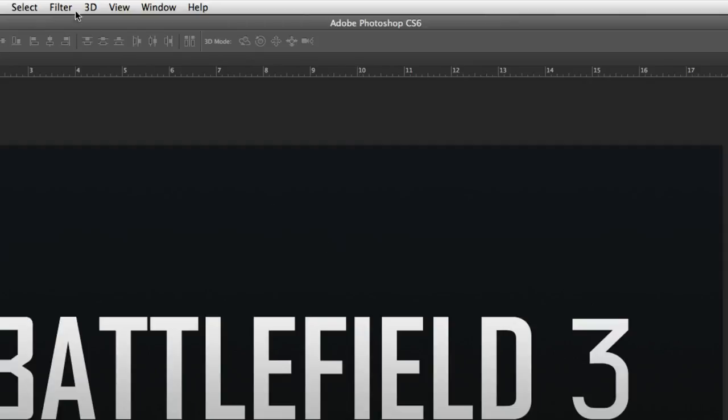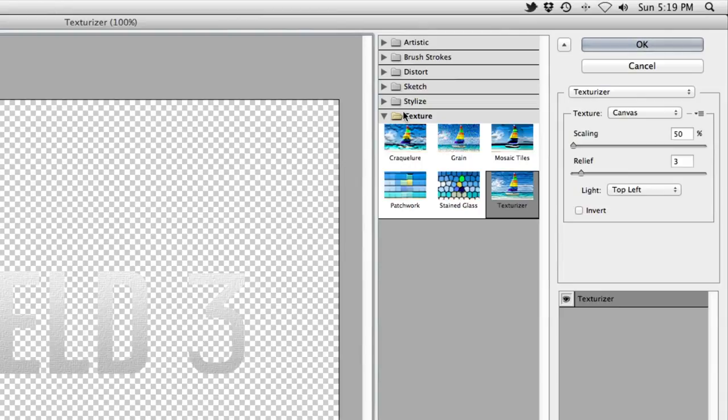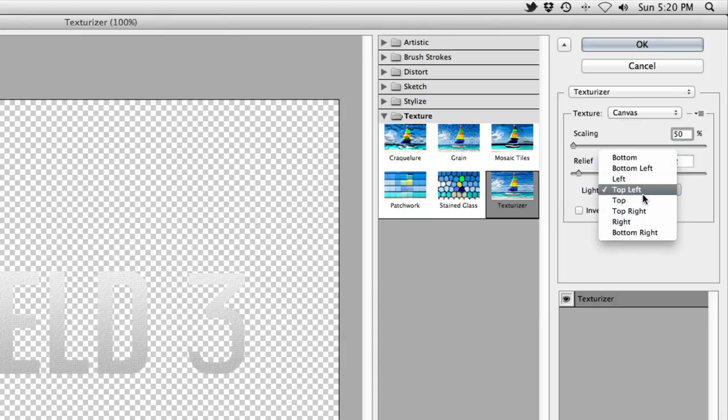The filter we're going to be applying is Texturize, which on Photoshop CS5 was under the Texture submenu, but in Photoshop CS6 it's now accessible in the Filter gallery. When the Texturize filter is selected, select Canvas for the texture, decrease the scaling to 50%, and set the relief at 2. Of course, if you want a stronger texture or a completely different texture, experiment with the different filters